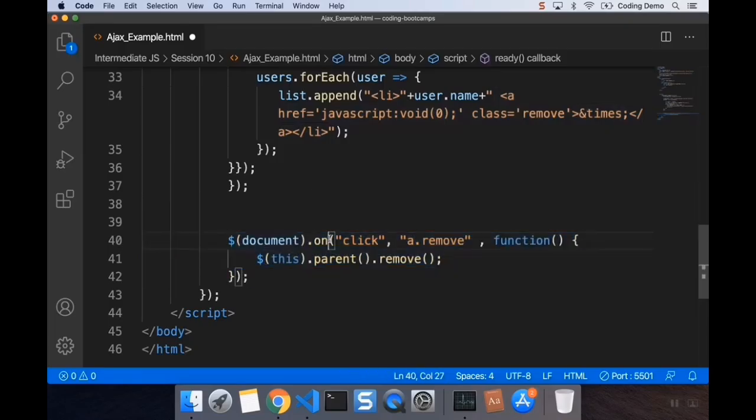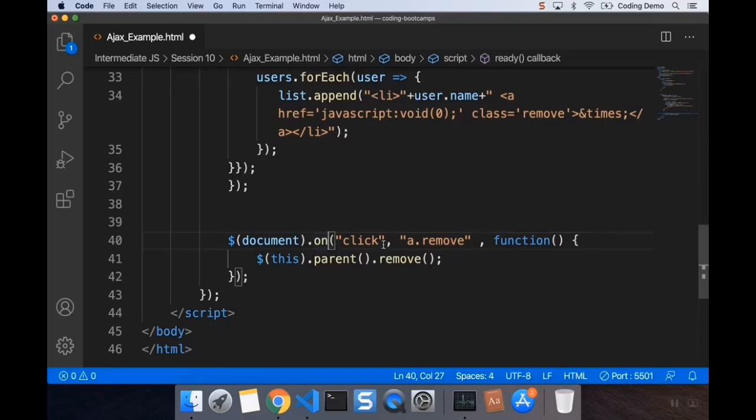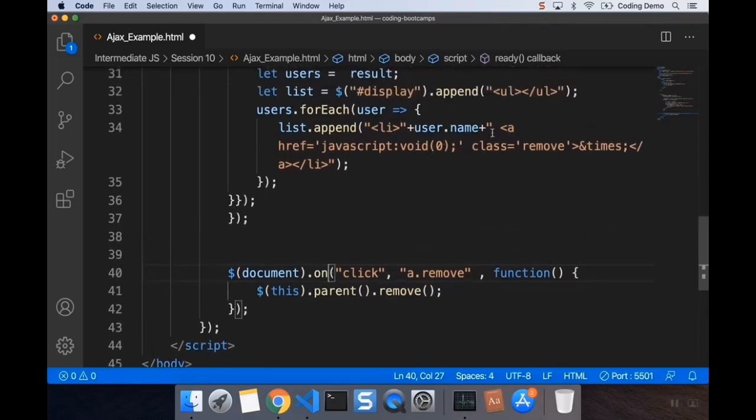So with this on method right here, we are listening to the click event on multiple elements. So I have multiple elements here. So no matter how many users are created, we'll always have an anchor tag that will have a class of remove, right? And we will find all of these anchor tags that have the class of remove and write in this bit of code here. So it says that this is the actual object, the parent, and remove. So we're removing the entire parent, right? So if we save this and run this,